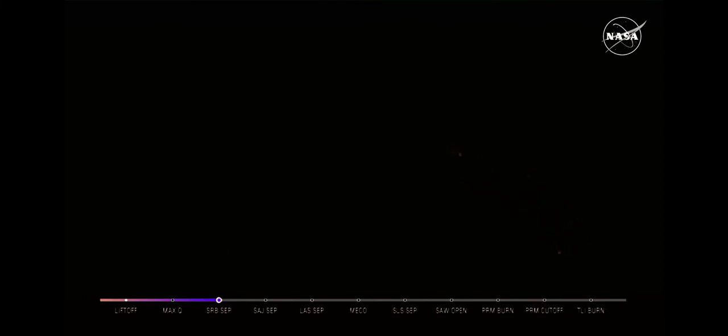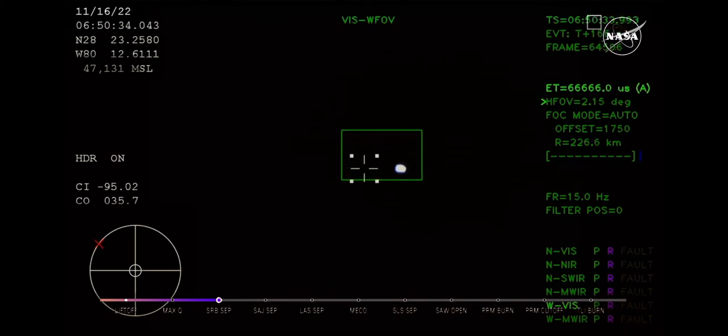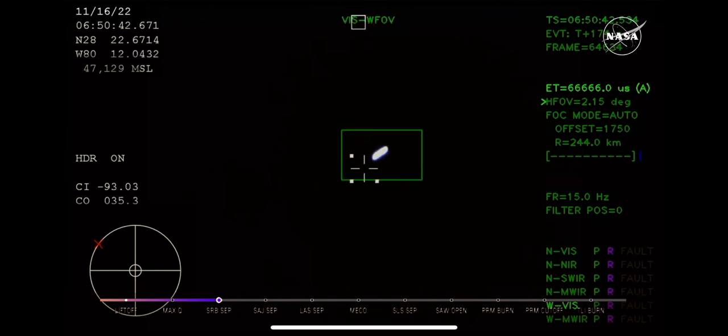2 minutes and 36 seconds into the flight. Hearing nominal calls here in Mission Control Houston. We've still got 4 good engines on the core stage. Next up, we'll be looking for the service module fairing to separate. This is 3 15 by 15 foot fairing panels, providing structural support, protecting the service module. Those will separate at about 3 minutes and 11 seconds into flight, and very shortly thereafter will be followed by